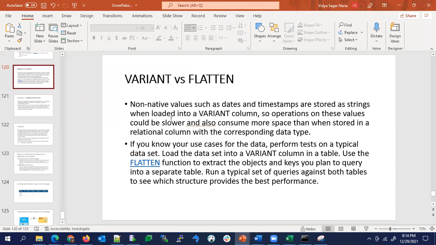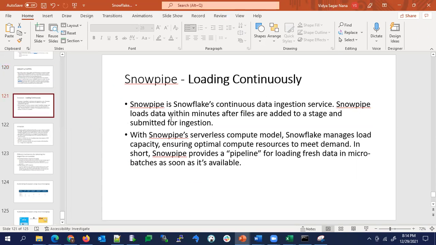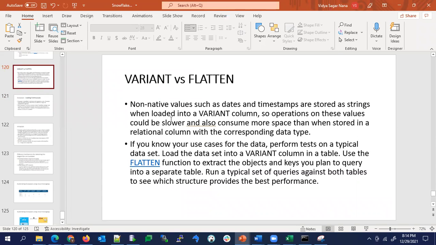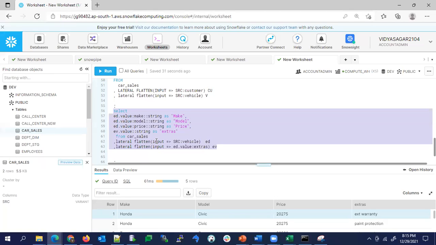Storage-wise, it will occupy less space, and converting the data types will be easy. Okay, so the input is meant for a lower-level object, not for the overall JSON file.